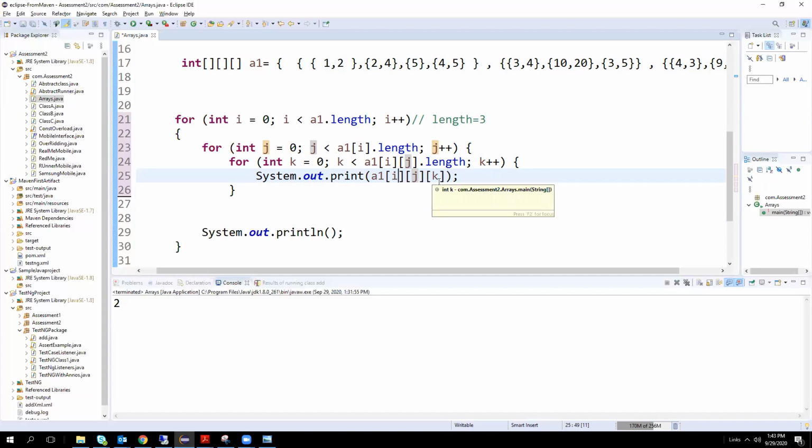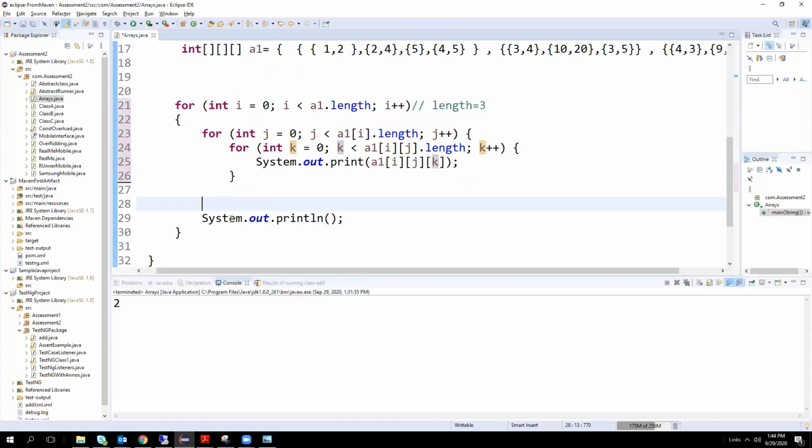I shows the zeroth index, like this is the branch. You have to go through this branch, then this branch, then you get the particular element. That's why we are using I, J, K. I, J, K is an address to reach the particular element, like country, state, and city. If I want to print the complete A1, if you run all three for loops, you will get it printed.